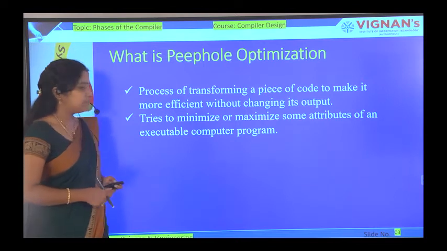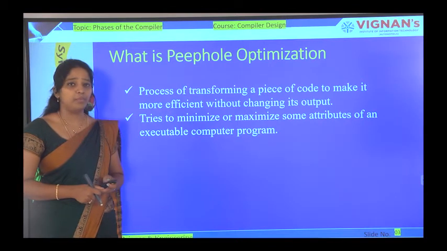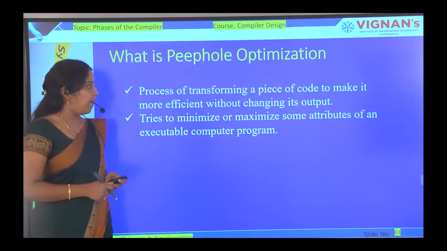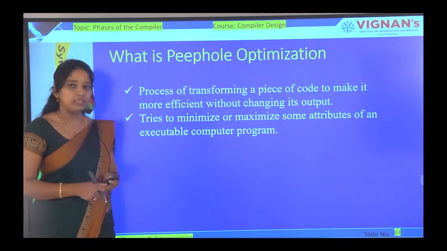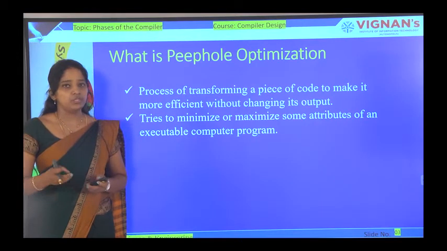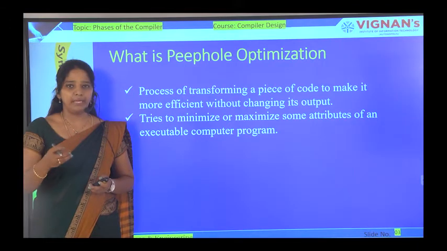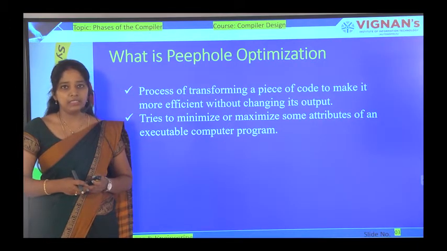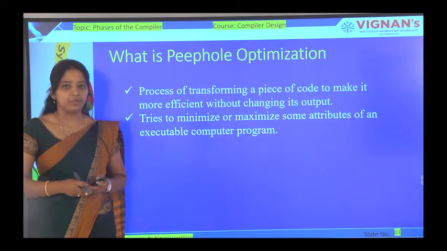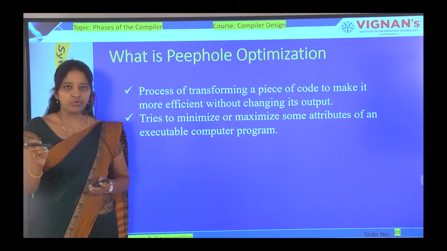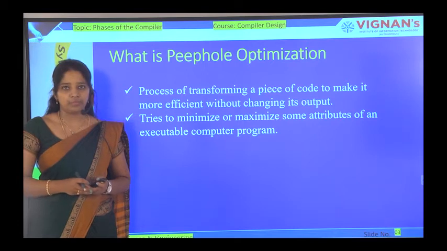Peephole optimization is the process of transforming a piece of code to make it more efficient without changing its output. What is an optimization? We are reducing a code. How do we reduce a code? By eliminating the unnecessary lines. Likewise, in peephole optimization we transform one code into another code without changing its output.